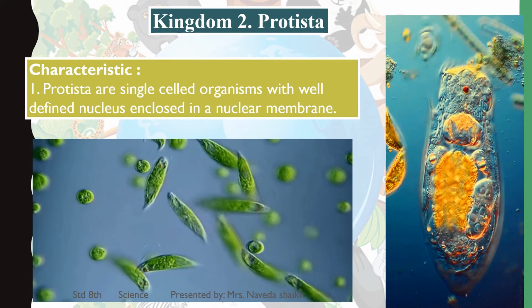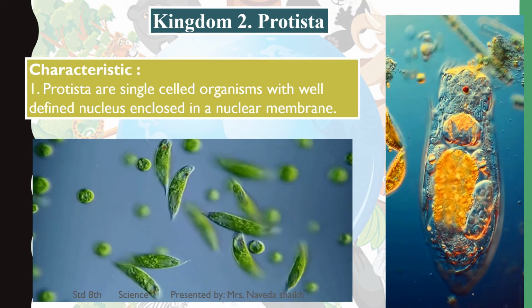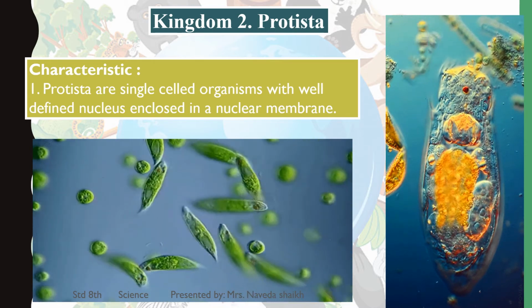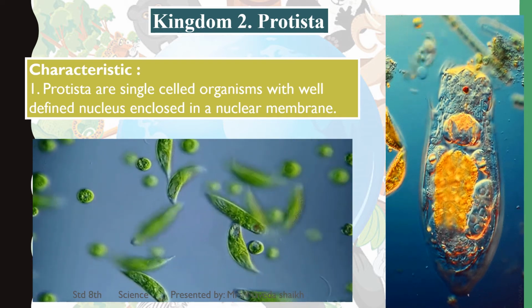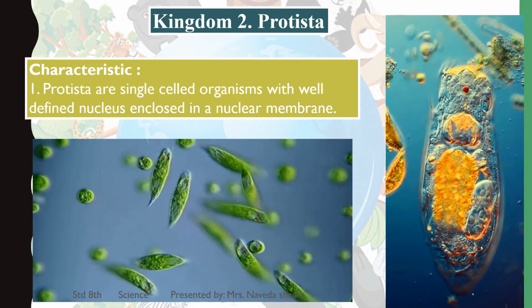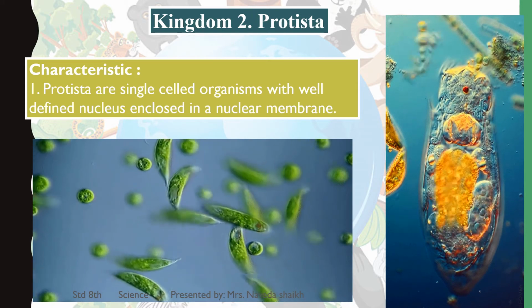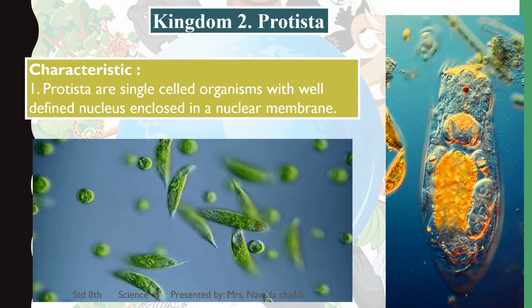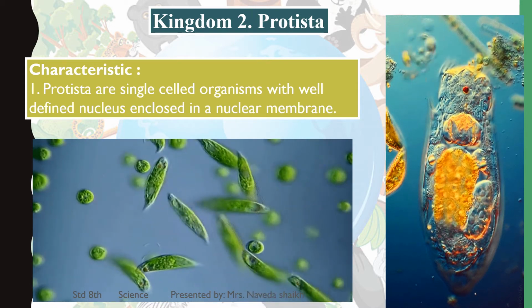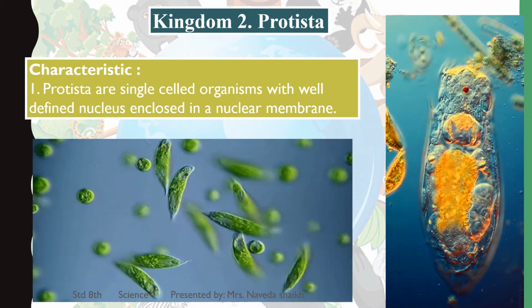The next kingdom that we're talking about today is Protista. Kingdom Protista, in this, the very first characteristic is they are single-celled organisms with a well-defined nucleus enclosed in a nuclear membrane. Means they are also primitive ones, but they have a defined nucleus, means you could see